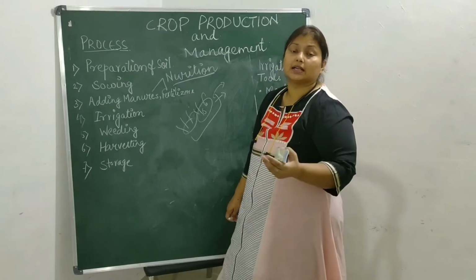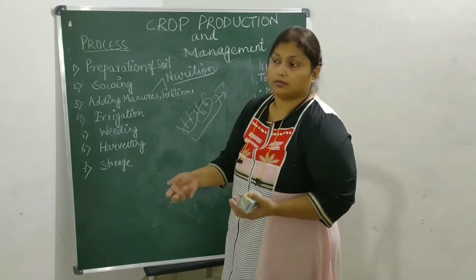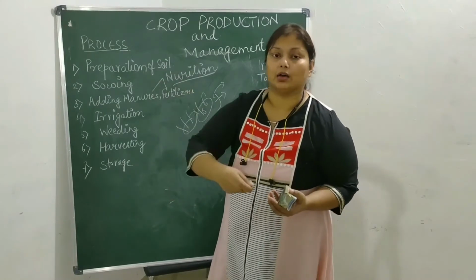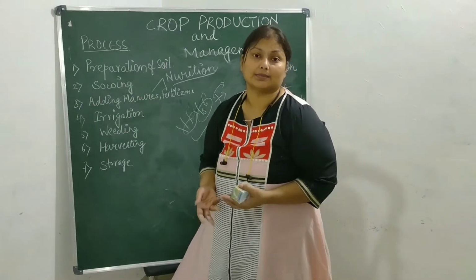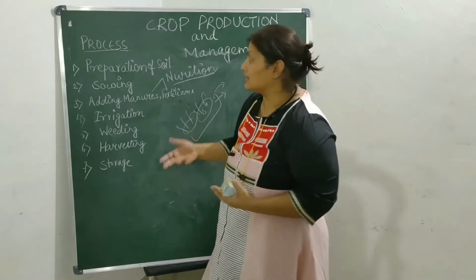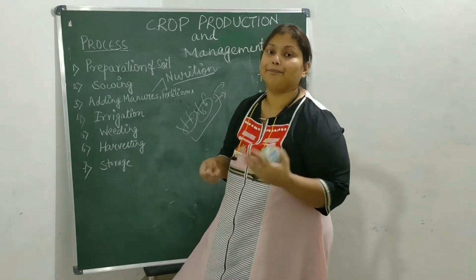Maybe you have heard that some farmers use cow dung in the plant. They simply scatter all the cow dung on the farms. Why do they do all these things? Because cow dung is a manure, and it is also good for the plant. It will not create any pollution.